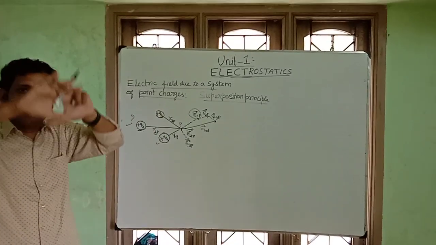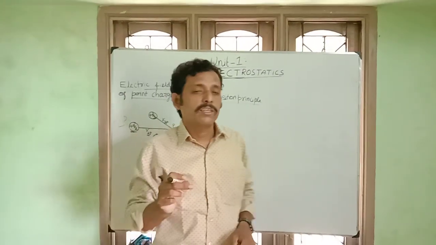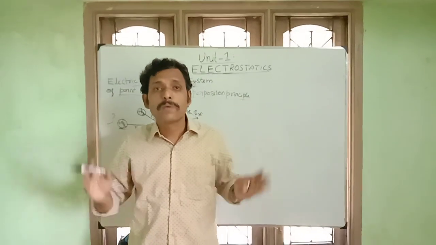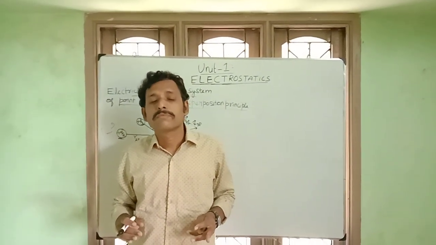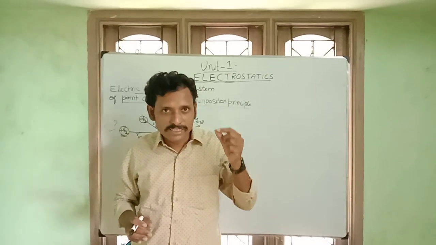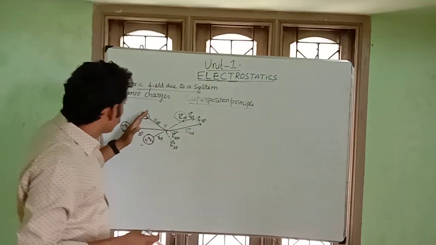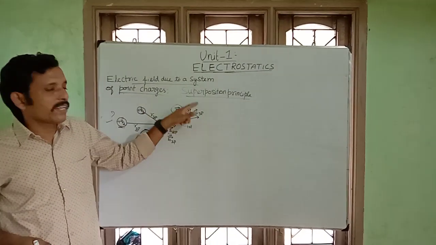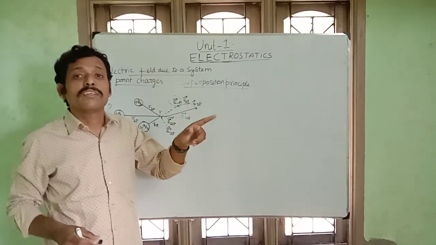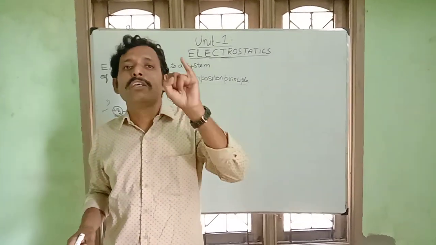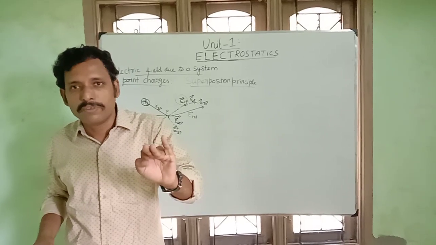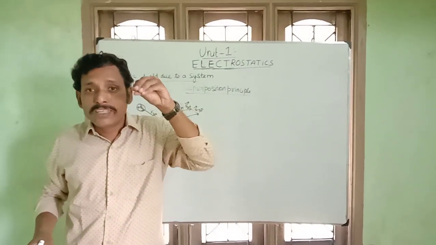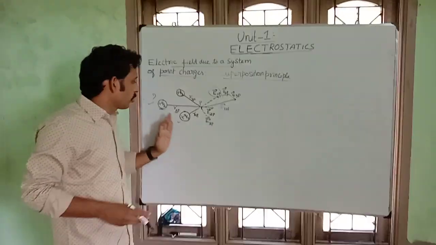Now I want the total. I told you to apply the superposition principle. So what is the superposition principle? Remember it? It is the principle in which we take the vector sum of all the electric fields. How many electric fields are there? E vector 1P, E vector 2P, E vector 3P. So you add the vector sum of these electric fields. Why is this electric field created? Because of charges Q1, Q2, Q3.